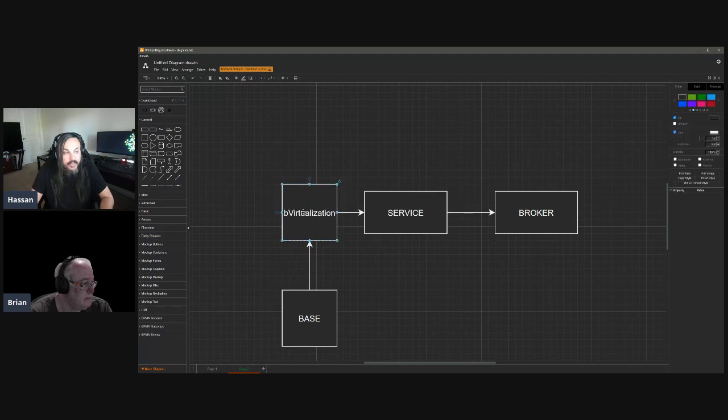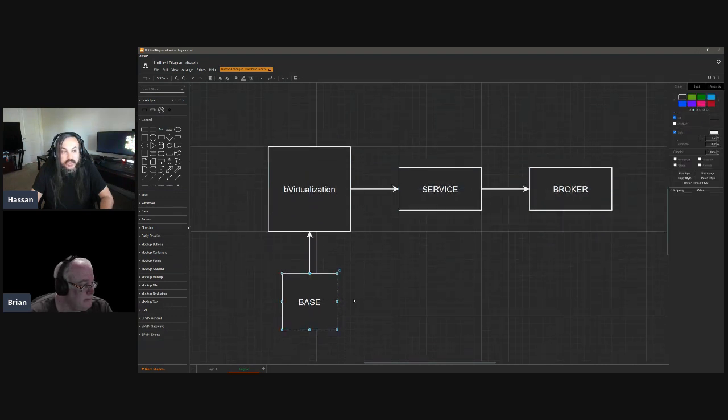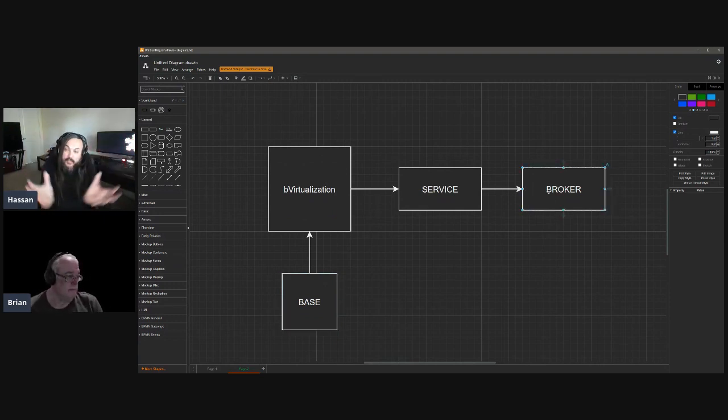And what's going to happen here is that the base component abstracts away the native virtualization component that comes out of the box with Blazor. And it wraps it up with a base component so we can control the inputs and outputs and we can write tests against it, and then use that bVirtualization to pull data from here and pass the data down here to the base. And basically, you have this one nice, sweet component that is doing all the work for you,